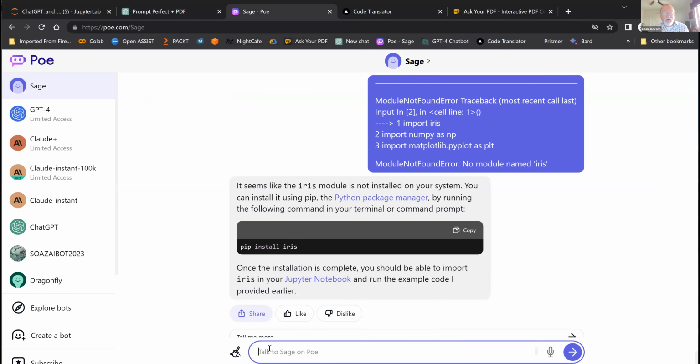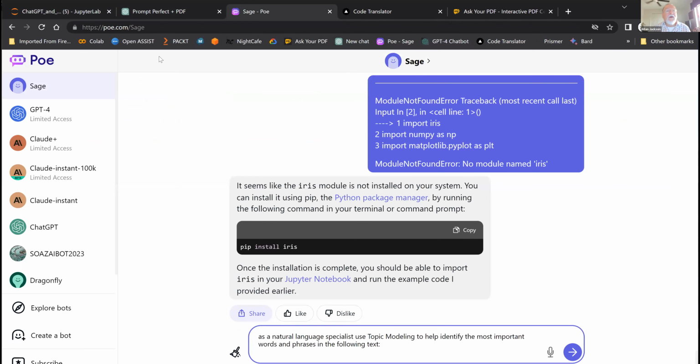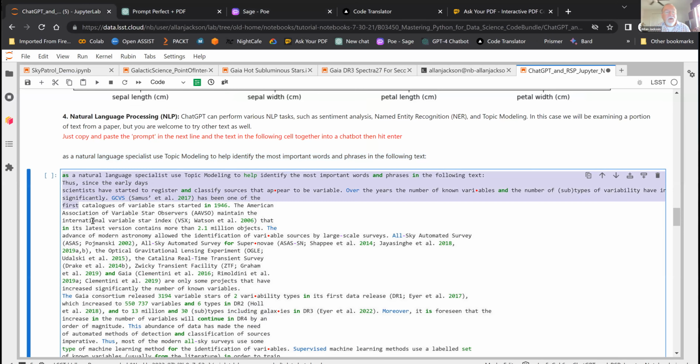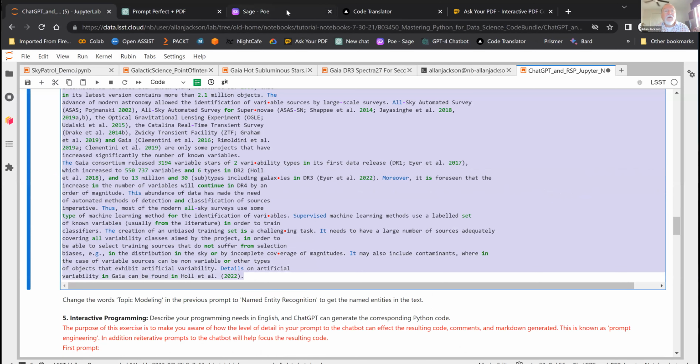I'll go back to Sage, paste it in there, and what it'll want is the actual text that we're going to pull the context out of.